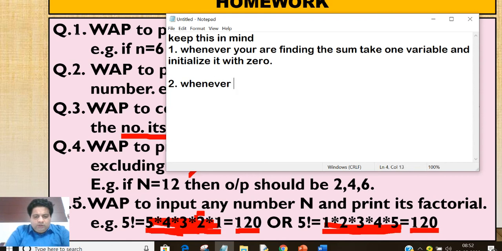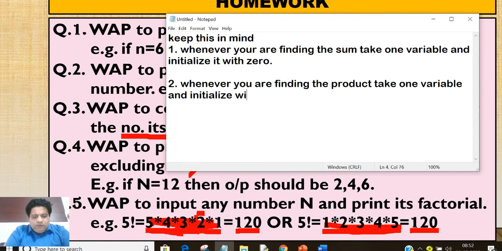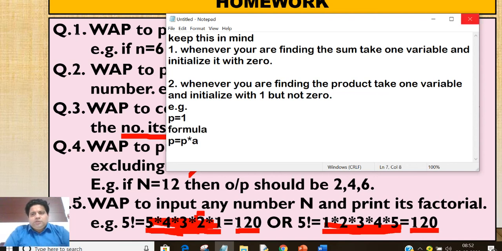But whenever you are finding the product, take one variable and initialize it with 1 but not 0, because anything multiplied by 0 will come out as 0. So take the product as 1. For example, you took P, P equal to 1, and the formula will be P equal to P into a. P equal to P into a. Okay, are you getting this point?